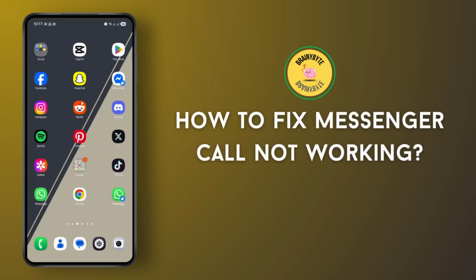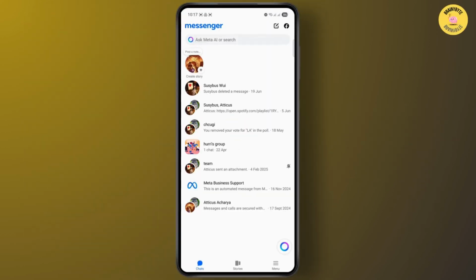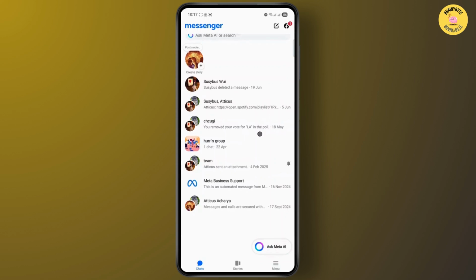How to fix Messenger call not working. Hey everybody, in this tutorial I'm going to show you guys how you can fix if your Messenger call is